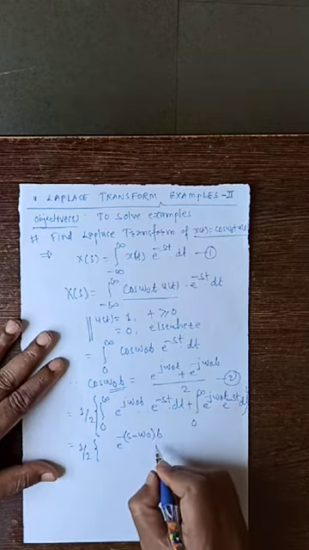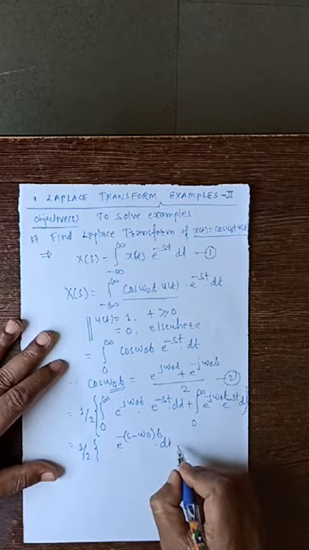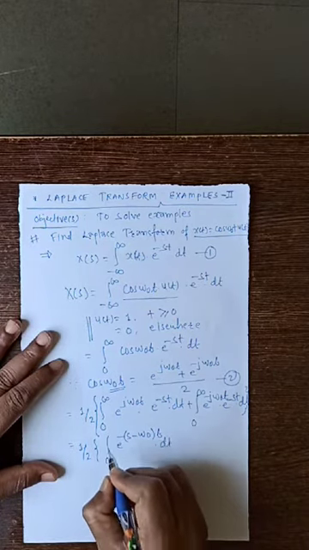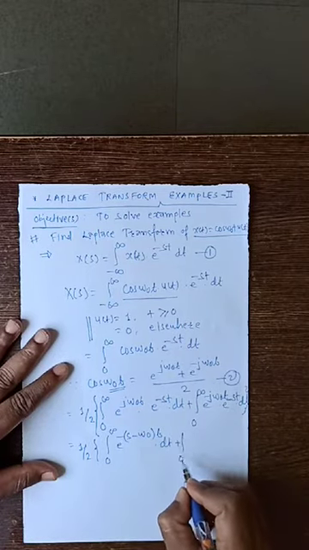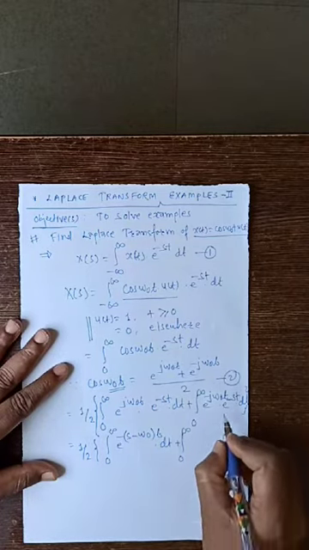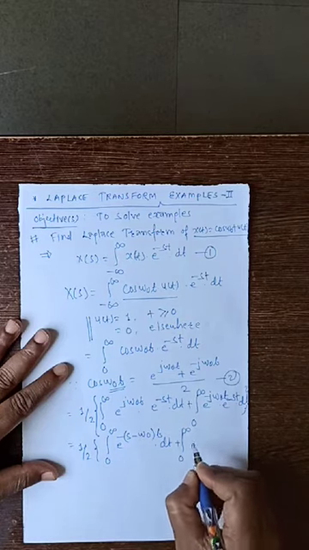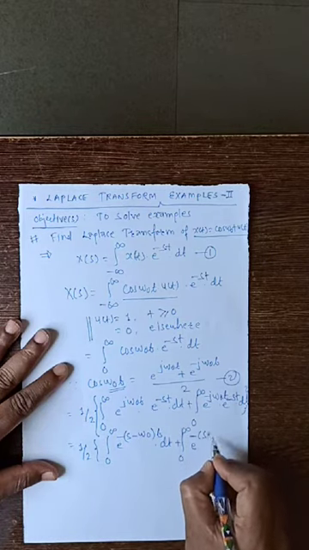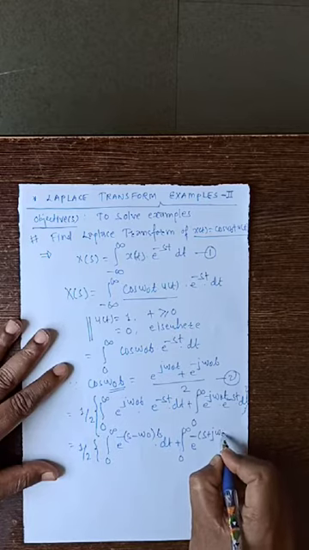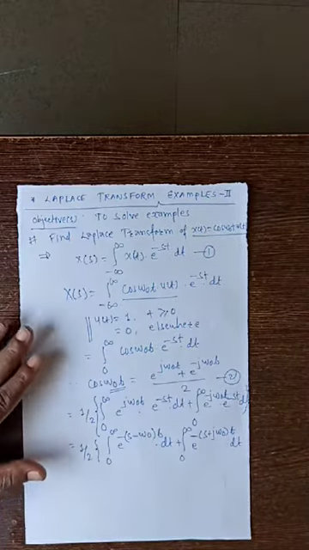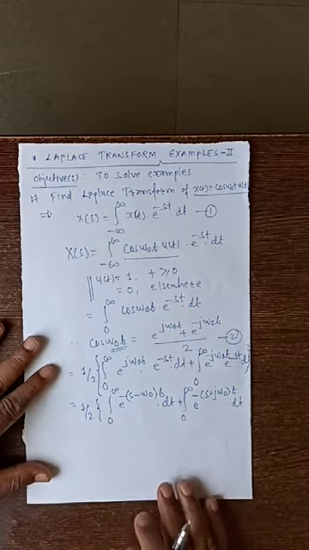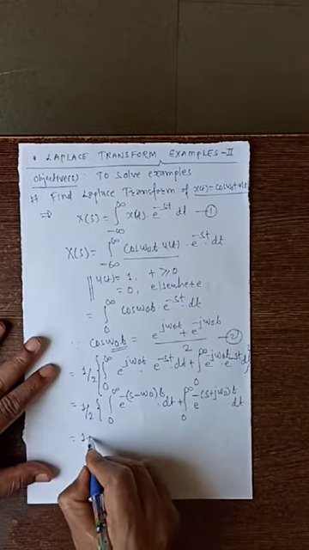This term that we have combined into dt is the integration from 0 to infinity, plus integration from 0 to infinity, again combining this term, e raised to minus s plus j omega naught t into dt. Right? Then that equals half